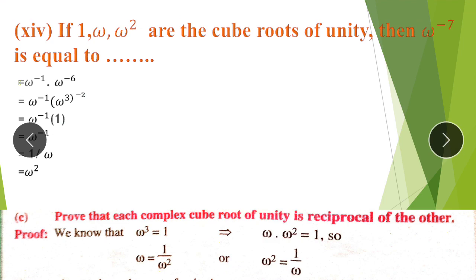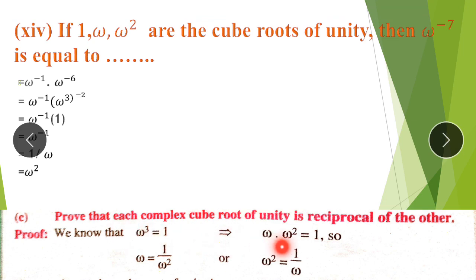So here you can see now 1 raised to the power minus 2. If you multiply, you will get 1 as a result. When the power is negative, you can write this in denominator in order to make it positive. Now you have 1 upon omega in the answer, but at the back side of your book this is the answer. This is done by using this property that every complex cube root of unity is the reciprocal of the other. Fine. You can see here omega cube is equal to 1.